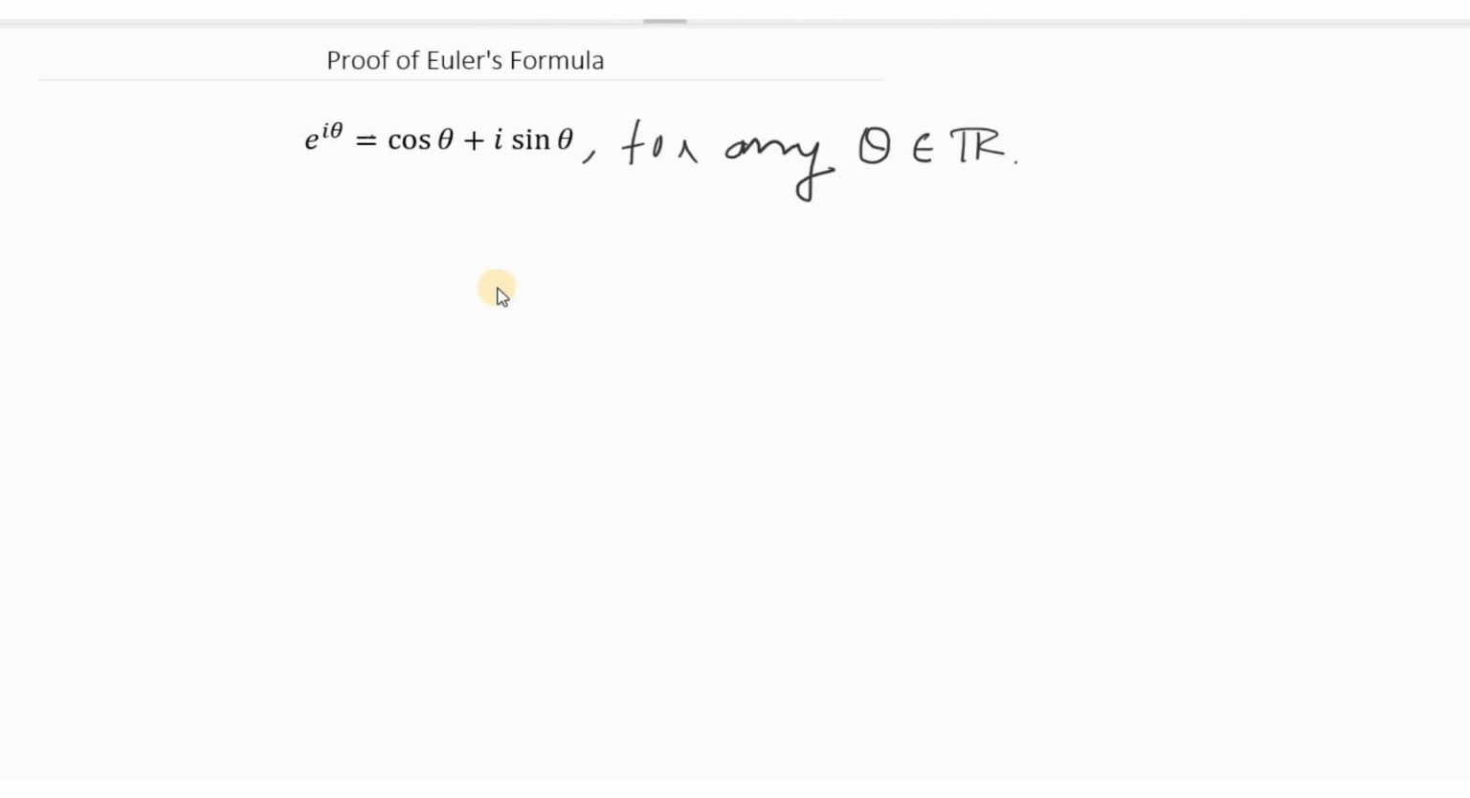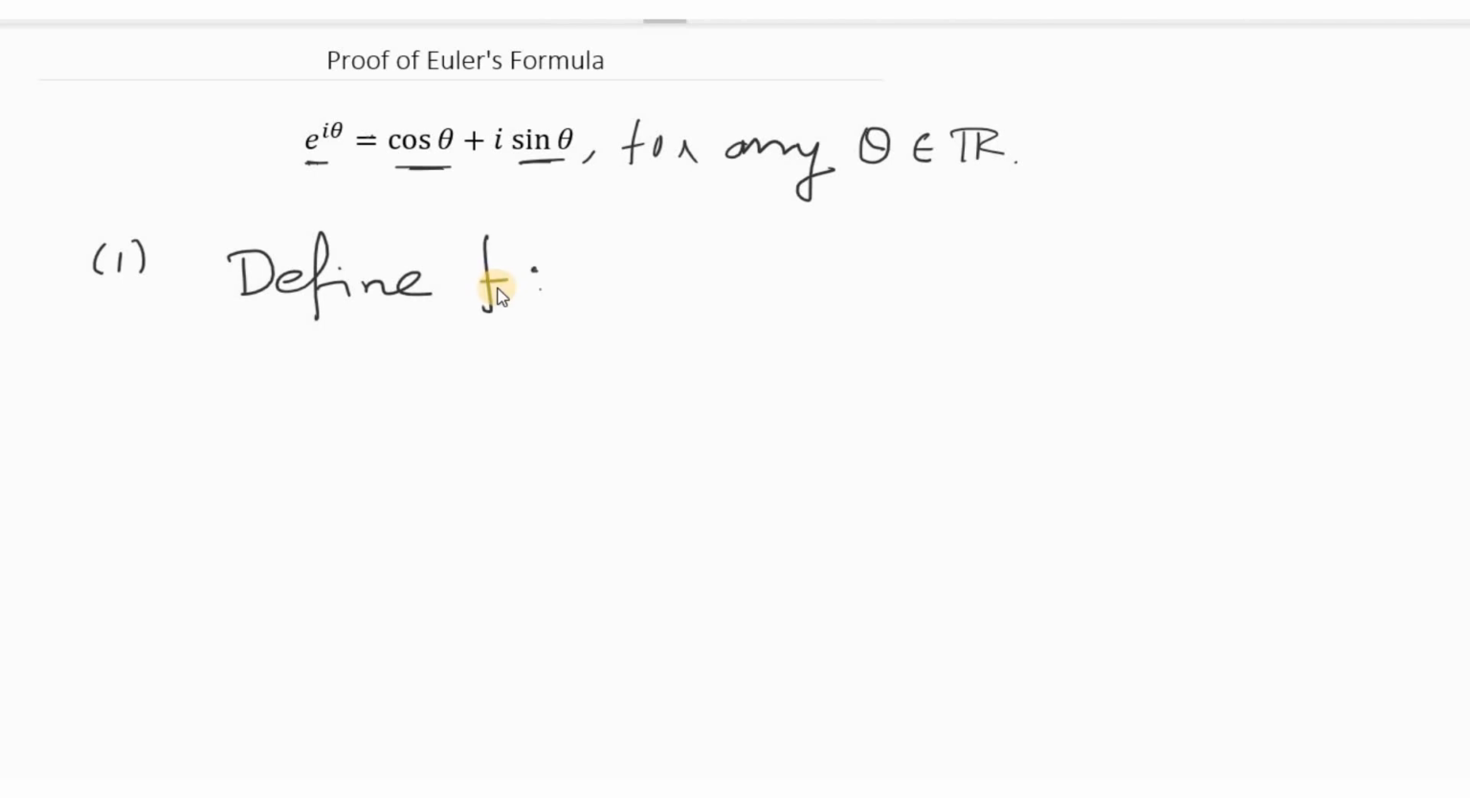So this Euler's formula is a beautiful construction of complex analysis because it involves the exponential function. It gives the relation between the exponential function, cos, that is trigonometric functions, and sine functions. So I am giving you two proofs in this video for Euler's formula. For the first proof, I am defining a function